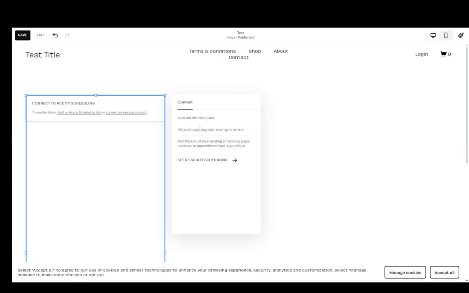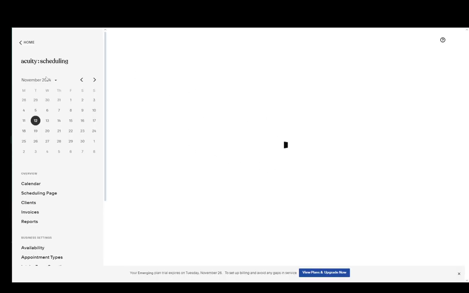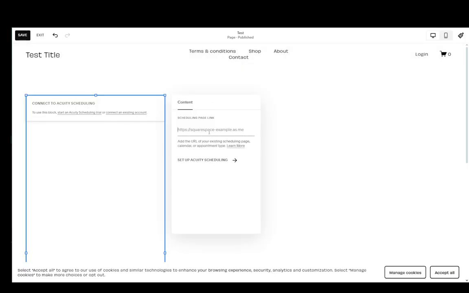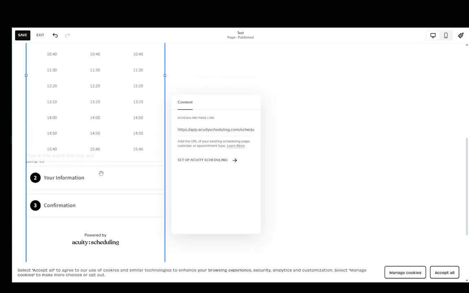Then as you can see, you need to edit or add the link. So just go into set up Acuity scheduling. It's going to open up Acuity in a new window, so let's just wait for that to pop up. And while that loads, as you can see, it says setting up, and now we're over here, and the link that you need is this scheduling page link. Just copy that, go back to your site, paste the link over here, and that should connect your scheduling